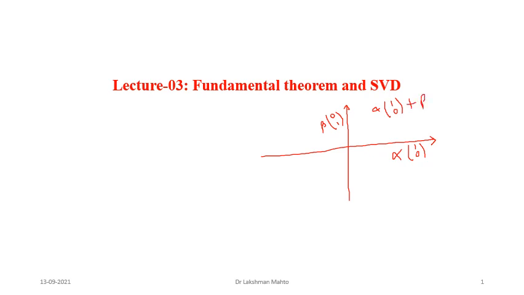So if you take any point in this R2, that can be expressed as a linear combination of these two special vectors, (1, 0) and (0, 1). That's why we say that the linear span of these two vectors is equal to R2. That is a spanning property. If you take any two linearly independent vectors in R2, they will span the complete R2, there is no issue.